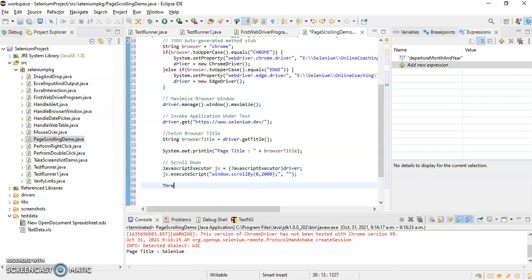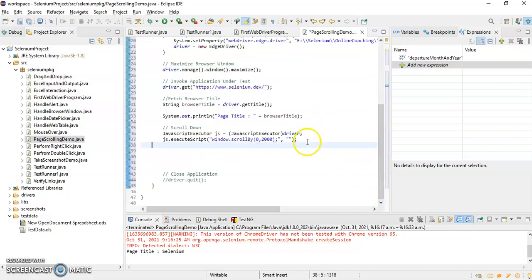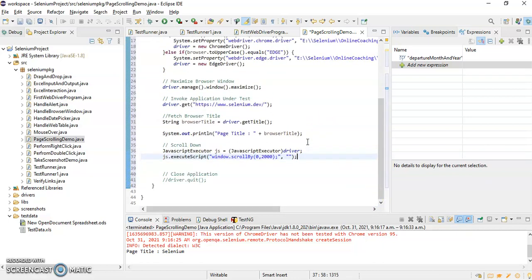I'll give some Thread.sleep of 5 seconds. Not required because we are not closing our application, right? So I'm not closing my application. Let's run it and check.